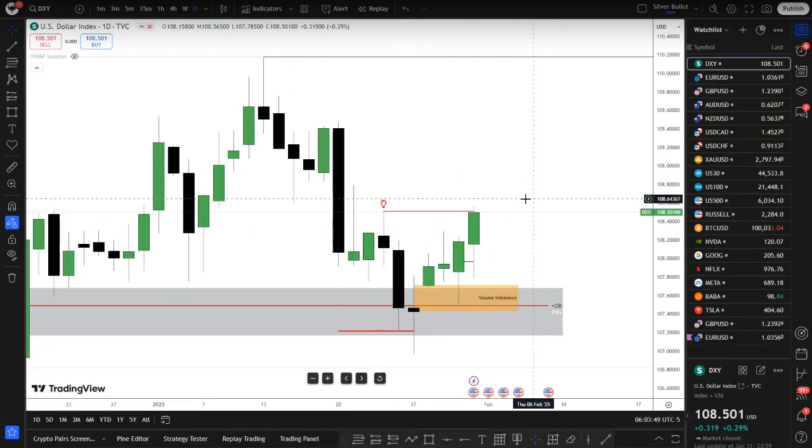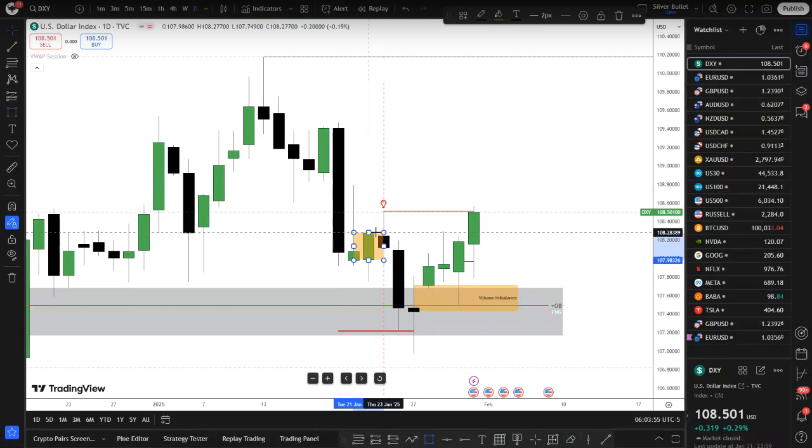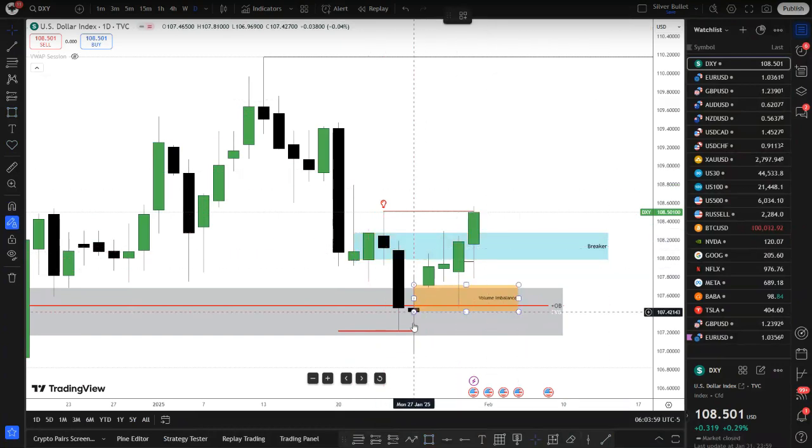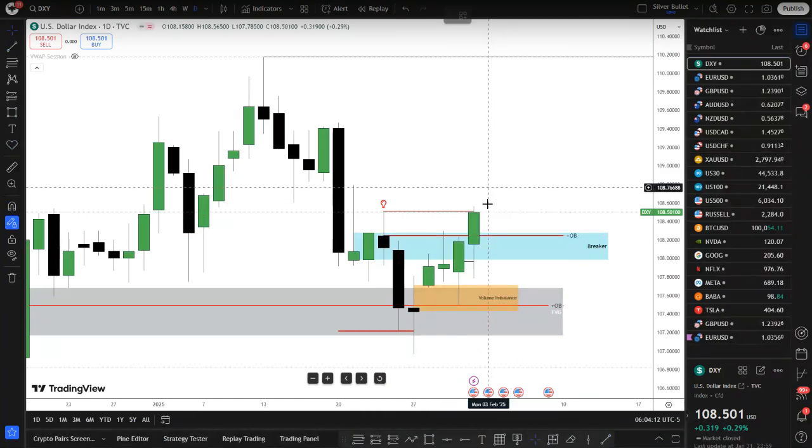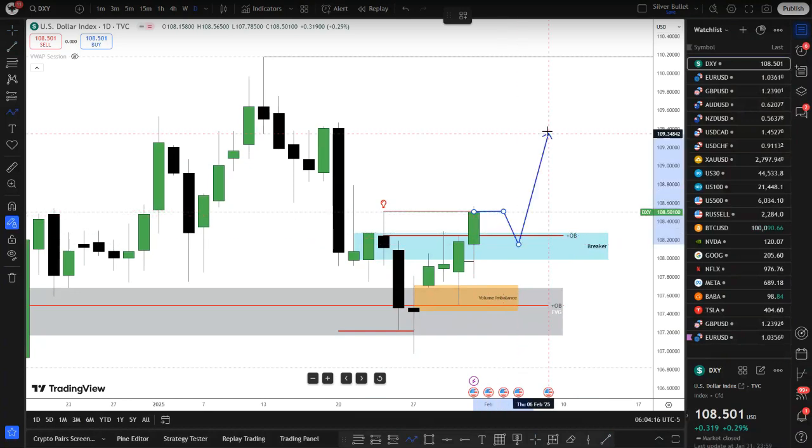So what am I expecting for this week? I simply want to see price pushing a bit lower here. It can be lower down to this bullish breaker here, which is also within an order block. So if price can back down to this level, we have a breaker on the daily chart as well as an order block. I want to see price pushing lower down to these levels, and maybe we can get a move like this, down to these levels before we push to the upside. This is the move that I'm expecting.